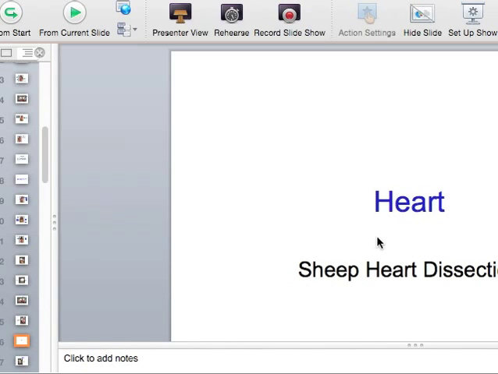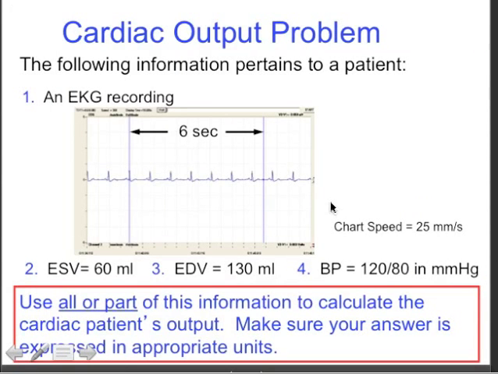There's an EKG. Here's an EKG recording pertaining to a patient. An EKG recording gives you the following information. ESV is 60 milliliters, end diastolic is 130, blood pressure is 120/80. Use all or part of this information to calculate the patient's cardiac output. Make sure the answer is in the appropriate units. Okay, so you just have to remember the formula